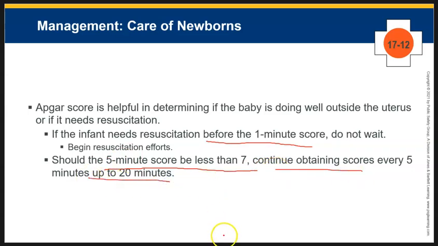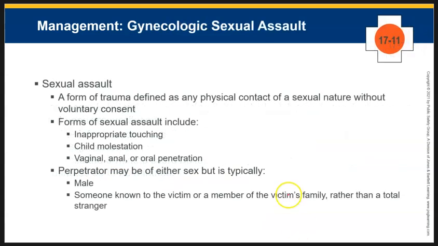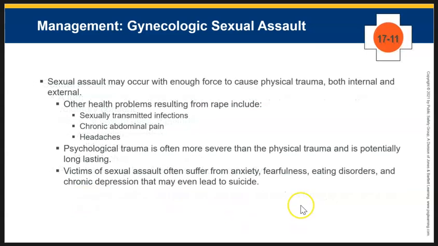Now we wrap up Chapter 17 by discussing a patient who may have been the victim of a sexual assault. That is physical contact of a sexual nature without consent. The perpetrator may be of either sex, but is typically male, and is typically someone known to the victim. This is a legal instance,